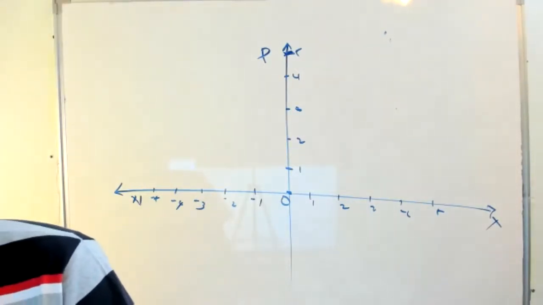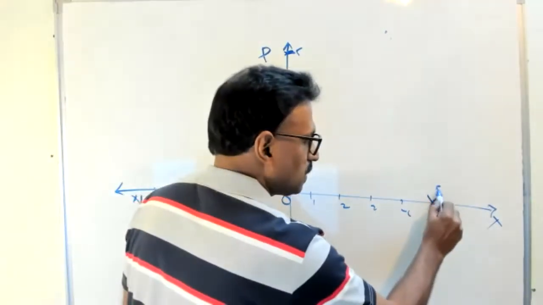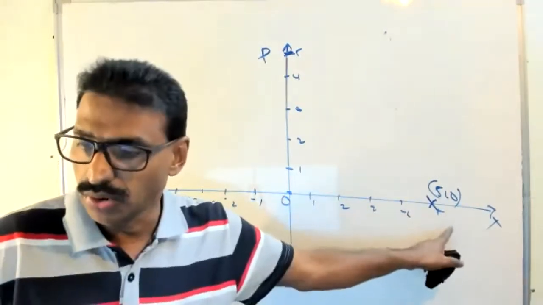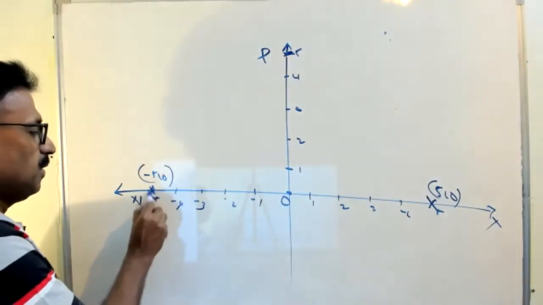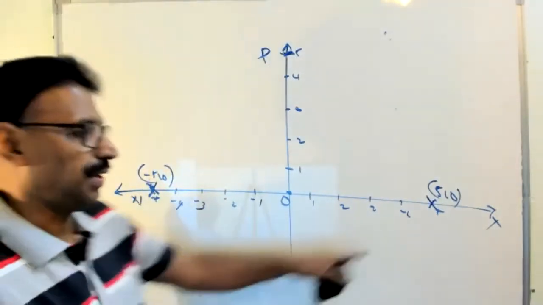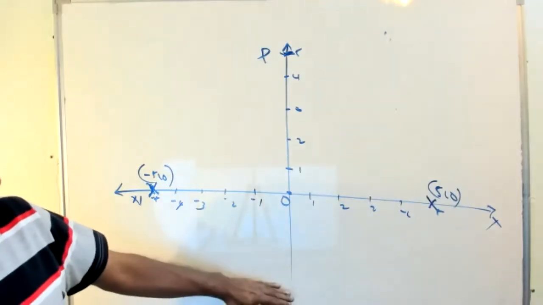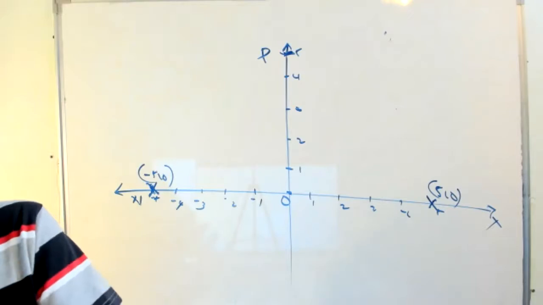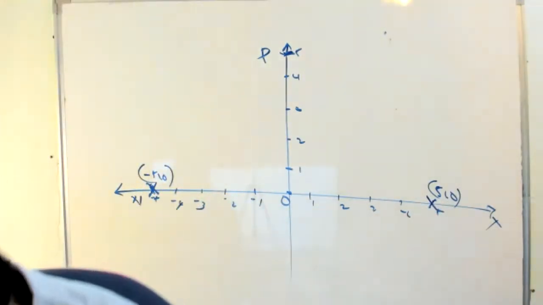Ordinate means Y coordinate is 0. Where is the thief now? Thief can be here, this is 5, 0, at the same distance. Or here, -5, 0. That means the thief has two possible positions. Maybe you'll ask why the thief cannot be elsewhere? Because the question says the ordinate, the y coordinate, is 0. That means only here is possible. If it is elsewhere, the y coordinate is not 0. That's why.